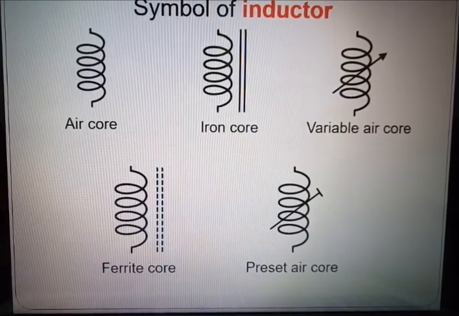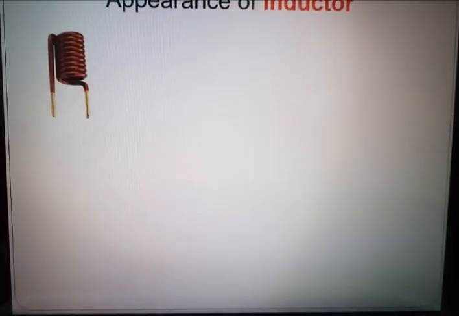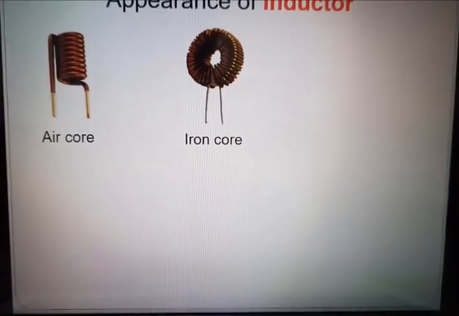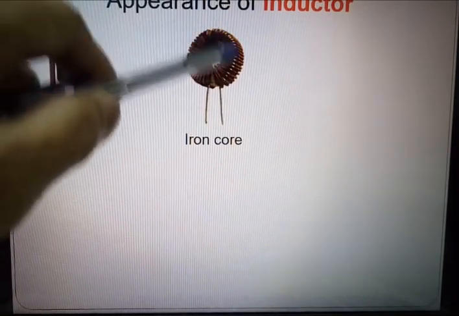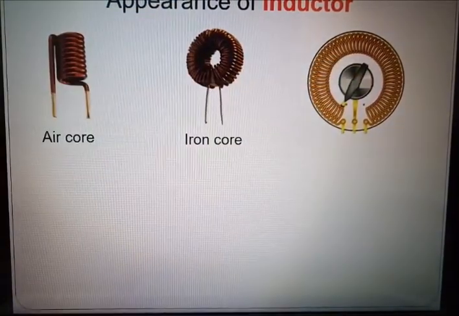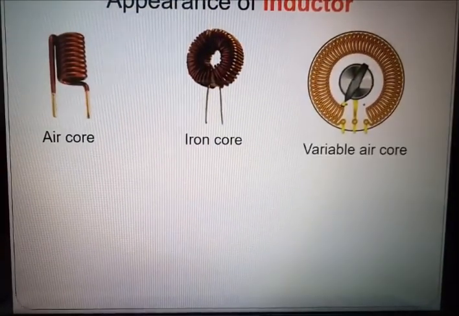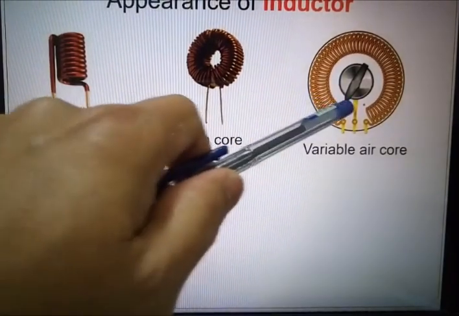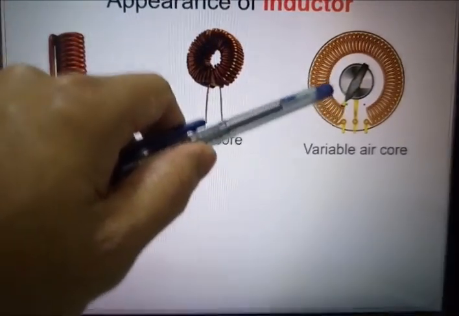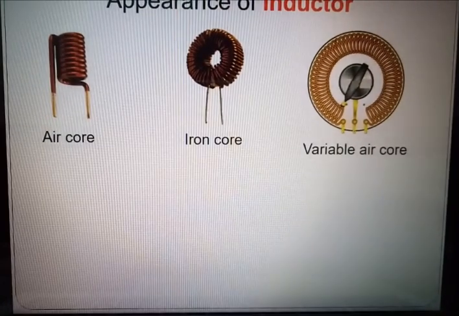Okay, now what about the appearance of the inductor? This is the appearance of the inductor, and this is named the air core. We have another appearance of an inductor which is named the iron core, so inside of this coil of wire there is an iron. And this one, another appearance of an inductor, is named a variable air core. You can see that there is a selector knob, which means that you can change the inductance of the